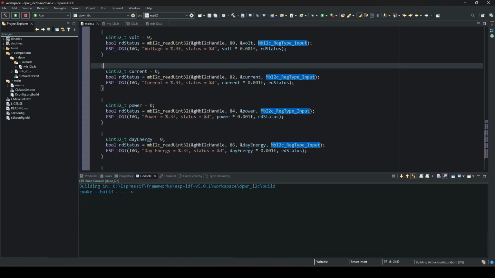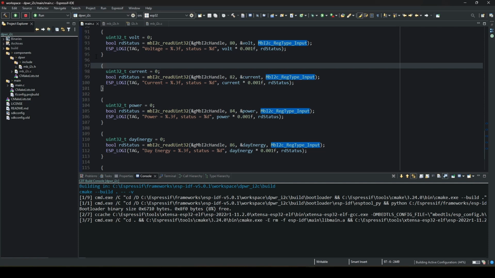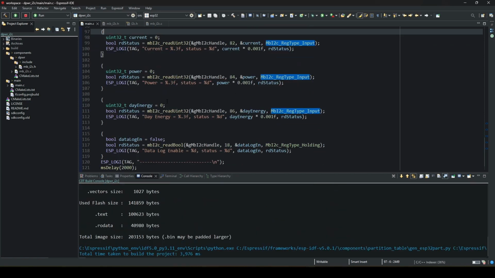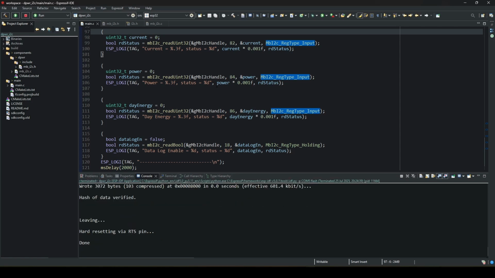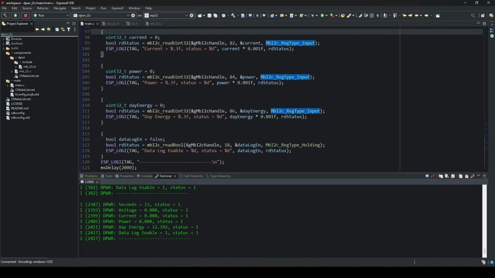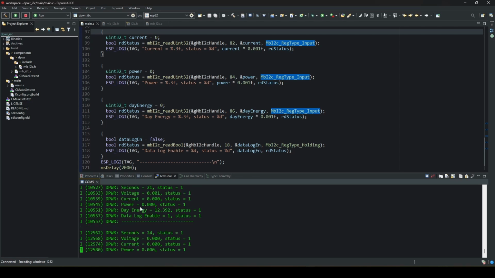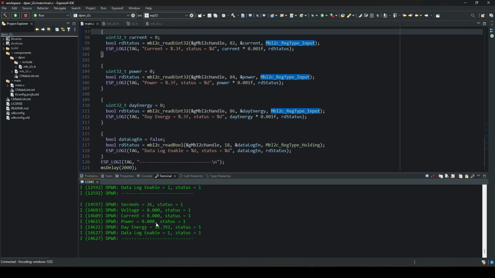So let's build the project and flash it. We expect that we read those from the device. I'm going to power up my power supply that I use for my test load. The voltage supply is 24 volts, and I expect less than a quarter amp. Okay, now the power supply is turned off, but I can see all the statuses are 1, so I'm reading the seconds successfully, the voltage, the current, the power, and the day energy, and also one of the holding registers for data log enable. I'll put my power supply on,